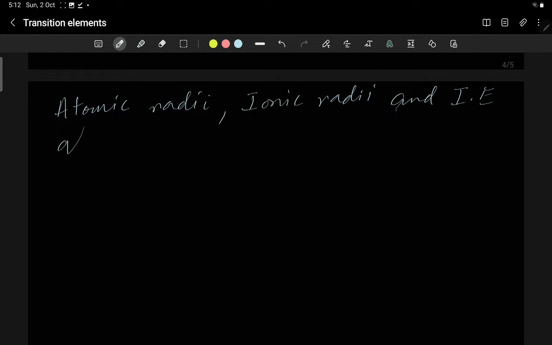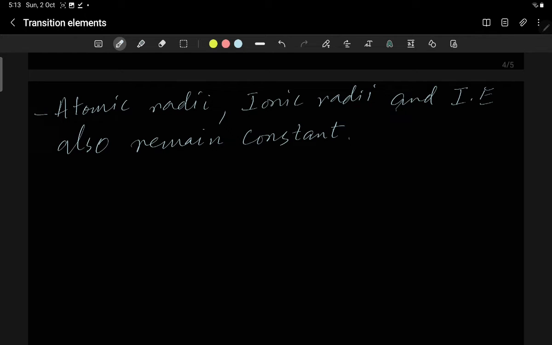Also ionization energy of transition elements also remain constant. So the reason is this,